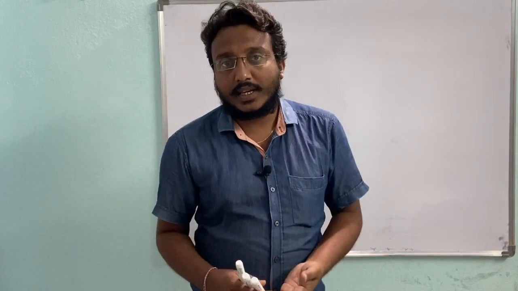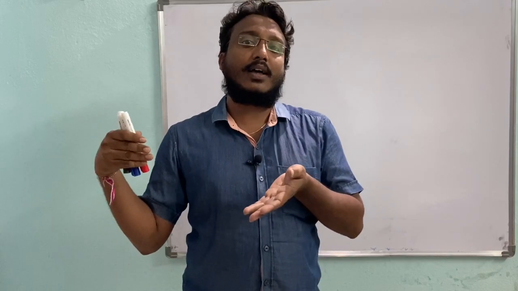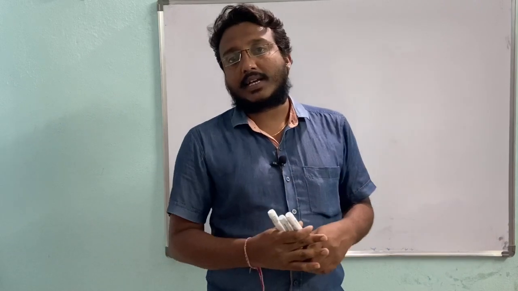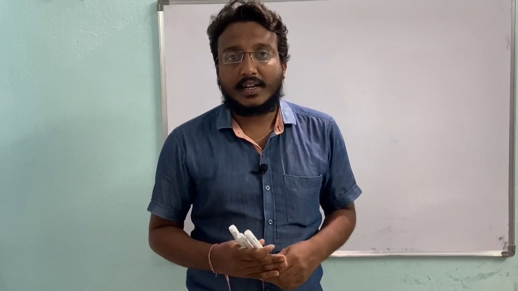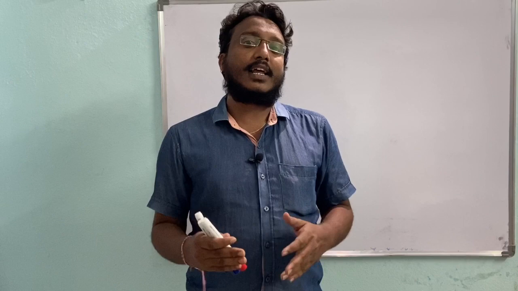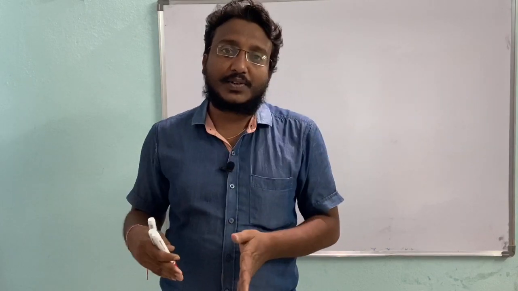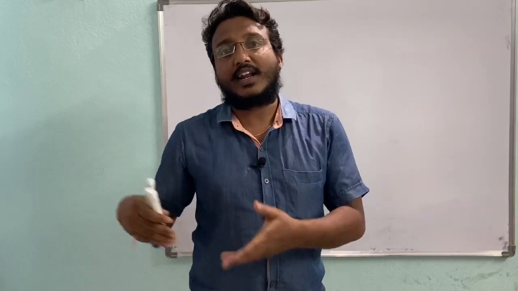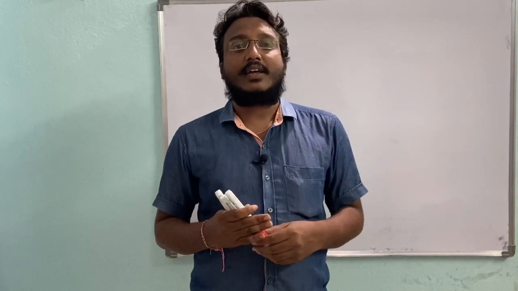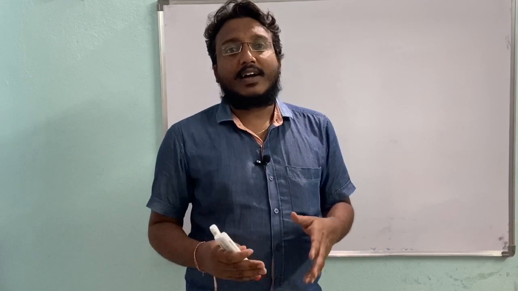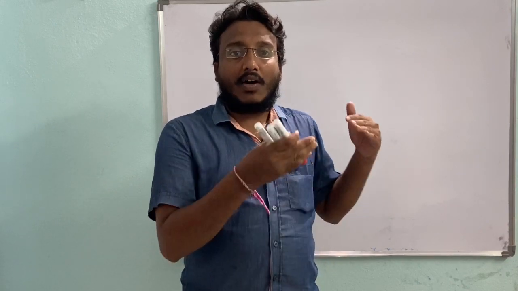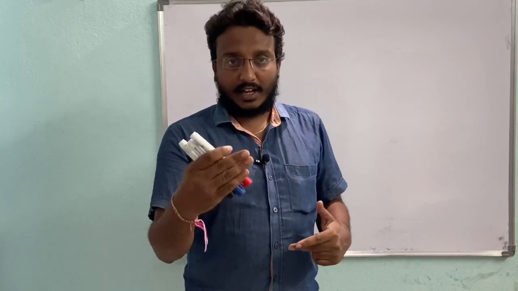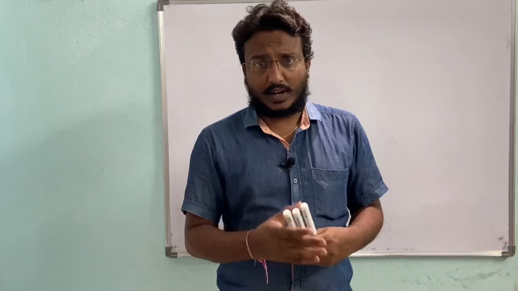Next one, the second rule is if the incident ray passes through the focus, after reflection it passes parallel to the principal axis. And the third rule, if the incident ray passes through the center of curvature, after reflection it rebounds in the same path or retraces its same path. And the fourth one, if the incident ray falls on the pole, then it reflects by following the laws of reflection, right? These are the four rays.